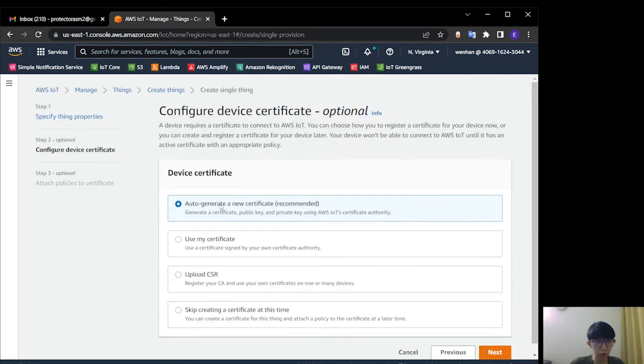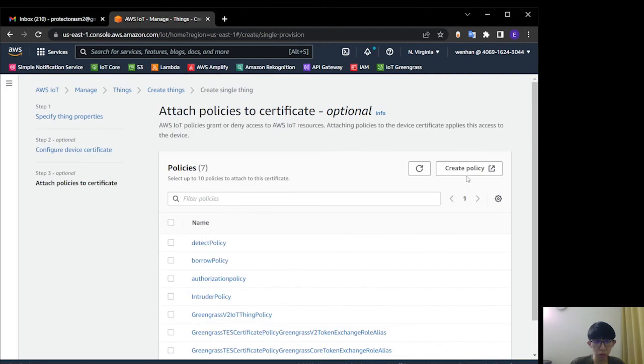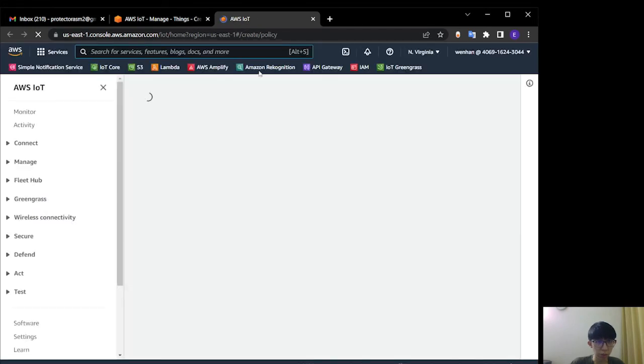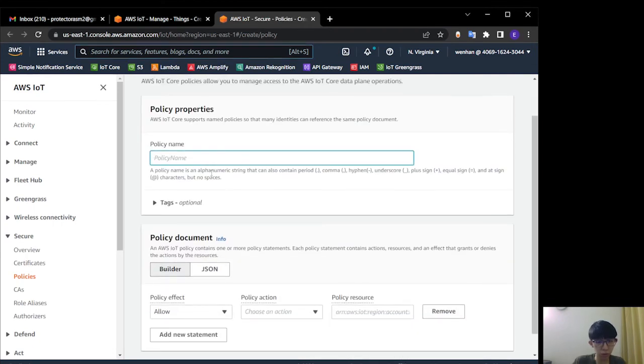We select auto-generate certificate for this thing. We need to create a new policy. It will be directed to another tab. Then now we give the policy a name.